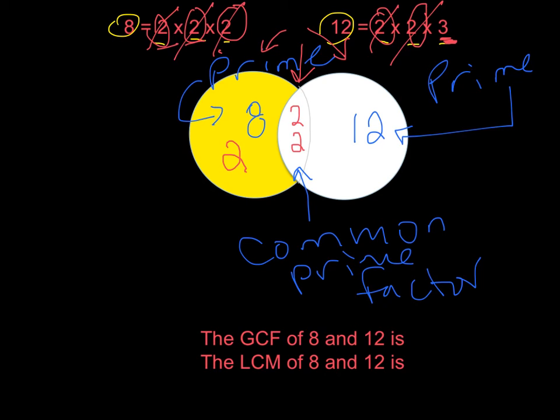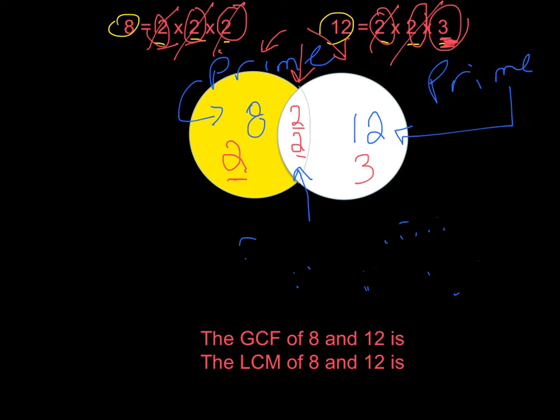So 8 has, all by itself, a prime factor of 2, it shares 2 2's as prime factors with 12. And now here we have our 3 all by itself. It's not shared with 8 because we're all done with this. So we can write it down here. So 3 is the lone prime factor for 12. Okay? And how we use this to figure out our GCF and lowest common multiple is, first we'll go with the greatest common factor,